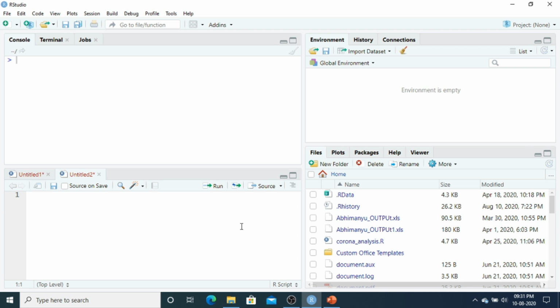So let us take one example. I will demonstrate how you can make and use a data frame while you are entering data into R software. So let us take data related to diabetic patients. Let us take one data set in the form of diabetic patients.